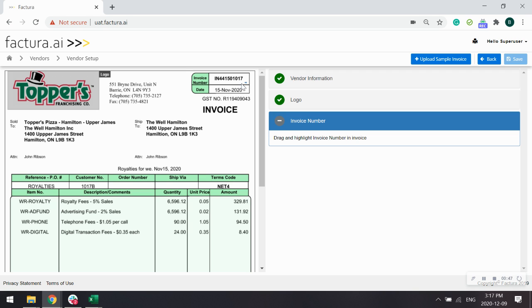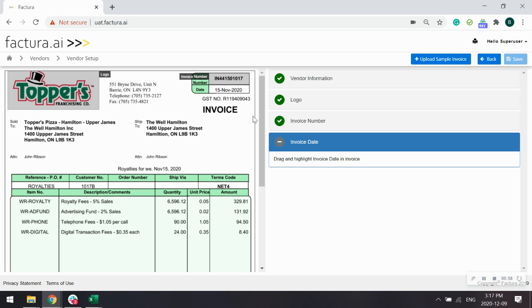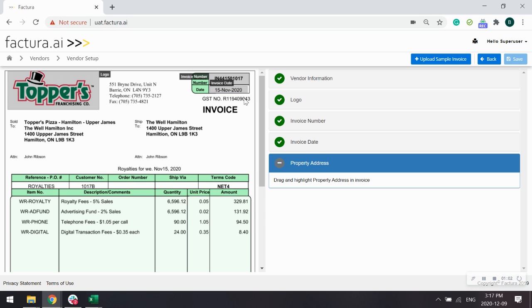The invoice number. Now, if you're not happy with the placement of the invoice number or any of the boxes, you can easily click X and start again. The next would be the invoice date, the property address,